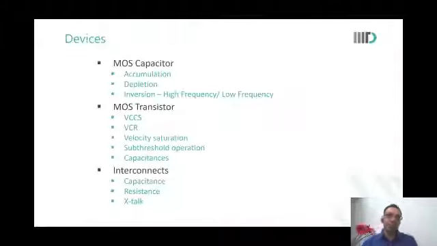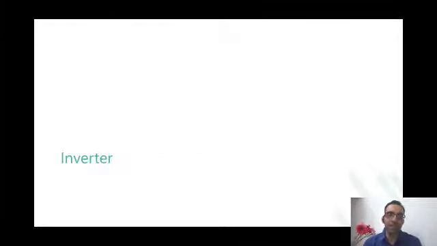So that kind of brings us to a closure of devices. Now, this was a very important section of the course where we talked about MOS capacitors, MOS transistors, and also interconnects. Unless we know the bricks and mortar that we have to use, we will not be able to make houses, right? So we have just understood the strength of different kinds of components, the weaknesses of different components, and now we will start to use them in our designs. The first and the simplest design that we know of is an inverter. All of you know what an inverter is? What is an inverter?